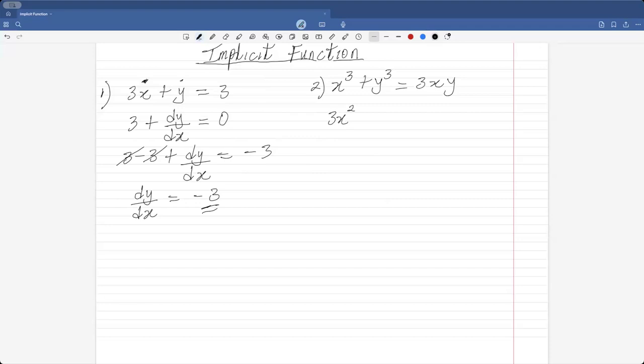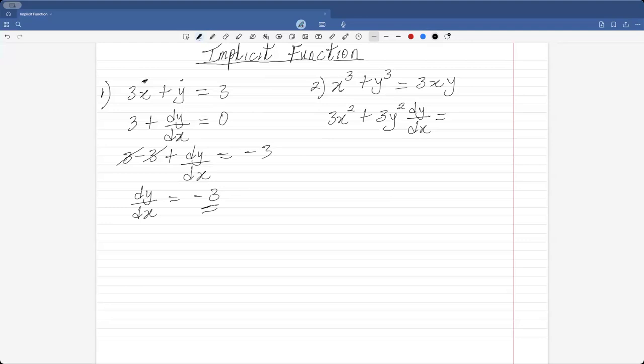Now, the derivative of y cubed is 3y squared. Don't forget, we need to add dy/dx to it. Anytime you are differentiating y, we need to add dy/dx to it, which is equal to